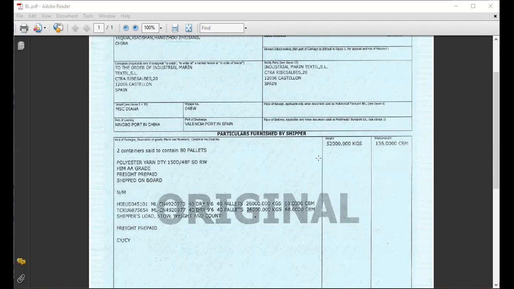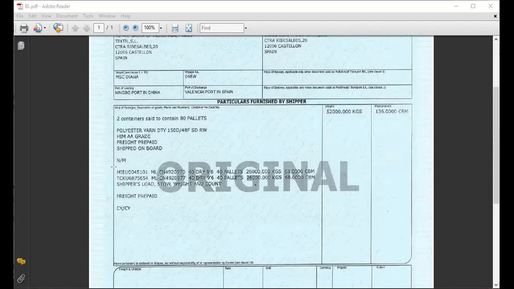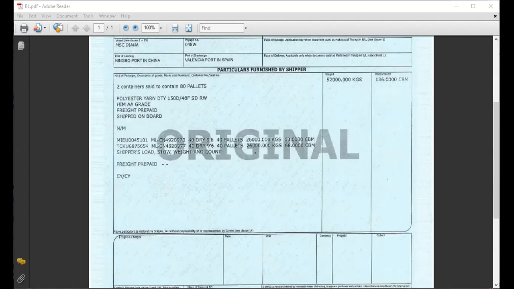Okay, this is the weight. This is the number of containers. Okay, container numbers, because each container will bear a unique number through which you can track it while it is in transit. Okay, so it should appear on the BL. Okay, freight prepaid by the customer, because it was having the CIF term. Okay, cost insurance freight. Freight is already paid by the supplier. Okay,